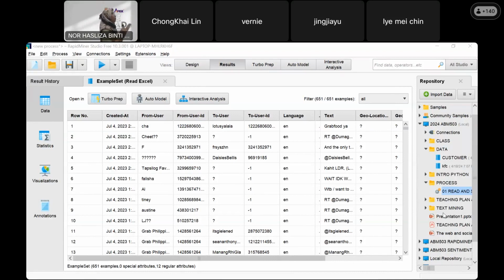Okay, you see that in this kind of data set, it has several attributes. Attributes means the column. The column represents some content. So row number, created at, from user ID, to user ID, because in tweets we have tweet, retweet, and so on.